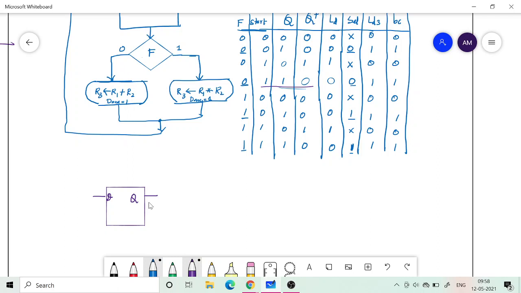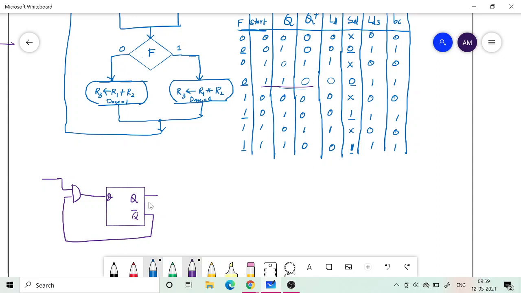So how will I write it? There should be a start input, then start equal to 1 and Q, and suppose Q bar is available here. So I take Q bar and AND it with start, and that's the function Q plus.